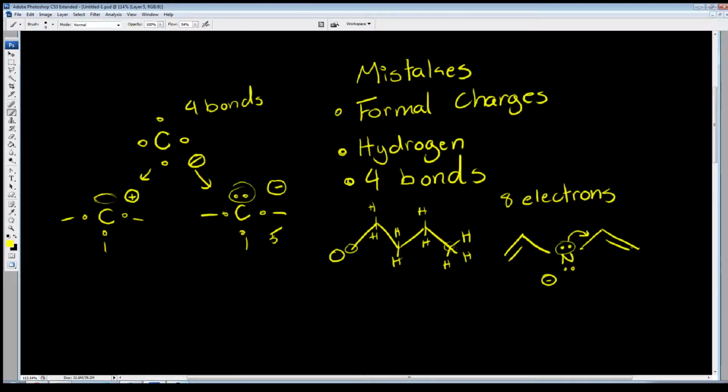However, most students sometimes leave it like this, and when they do, they don't realize that there is a hydrogen up here. So instead of having a carbon with 4 bonds, you're going to have a carbon with 5 bonds. And this is a really big no-no, because that means it has 5 valence electrons and an extra 5, so 5 electrons in total